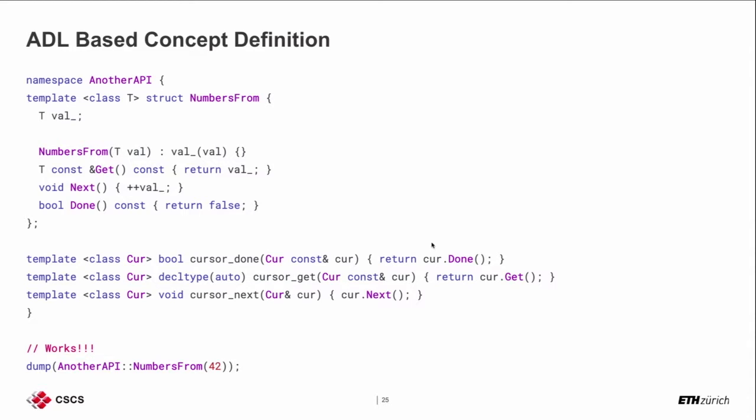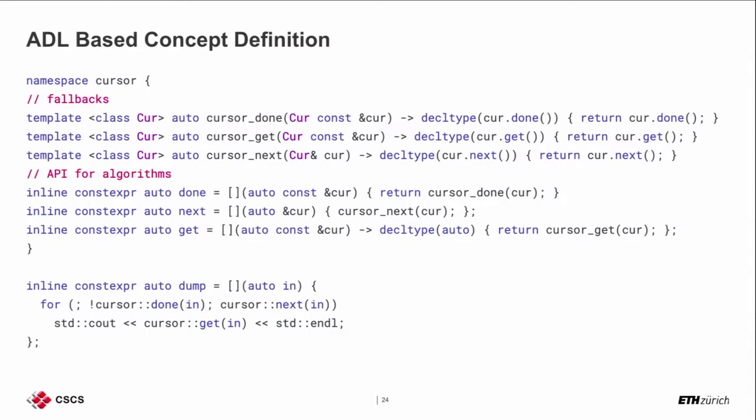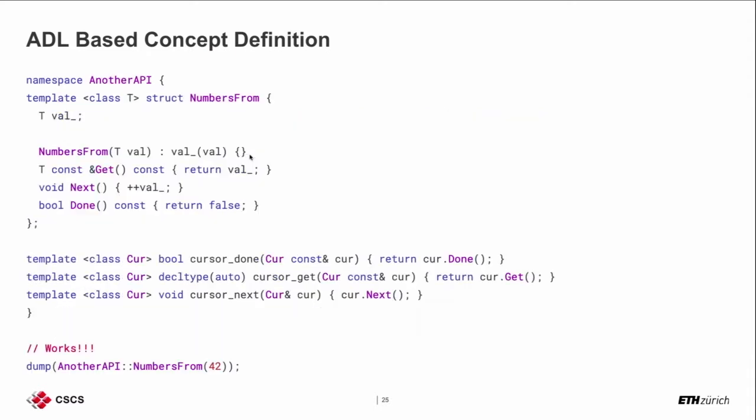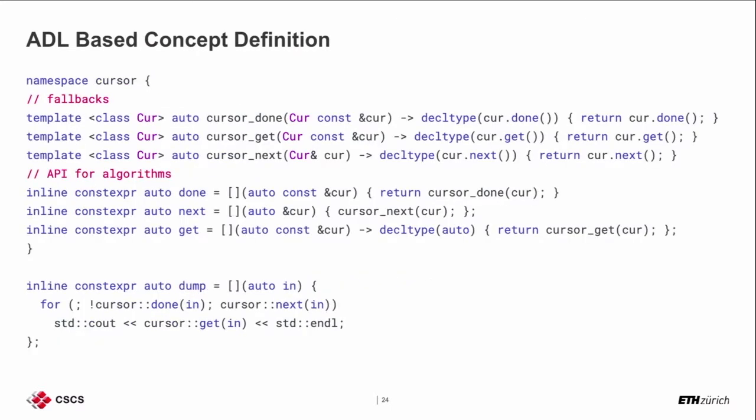What happens if we're dealing with our old stuff? Everything will work as before, because we have those callbacks. If we fail to do argument-dependent lookup, we will choose those that are close to the function in the cursor namespace. Yes, and this is an important technique, because we now have